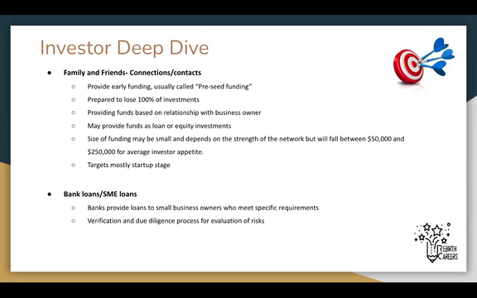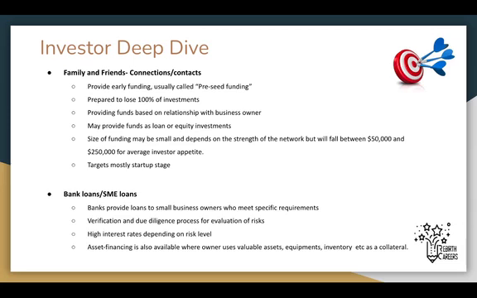They have, of course, a verification and a due diligence process. In order for them to evaluate the risk, it means that they will do their search and their findings on your business before they give you money, unlike your family and friends who may not even ask for your CAC document or anything like that. But the banks will definitely run a due diligence process on your business, on you, to ensure that they're effectively evaluating the risk that they are taking by funding your business. They're usually high interest rates depending on the risk level. So the riskier your business, the higher the interest rates. If your business is in the growth or expansion phase, which is less risky, you might get lower interest rates. So, depending.